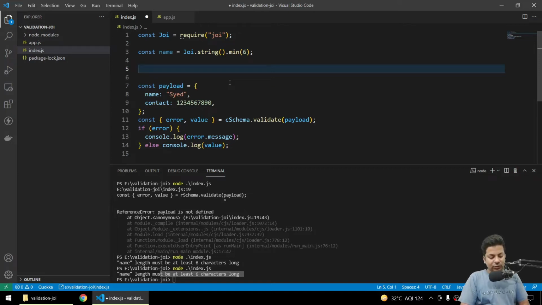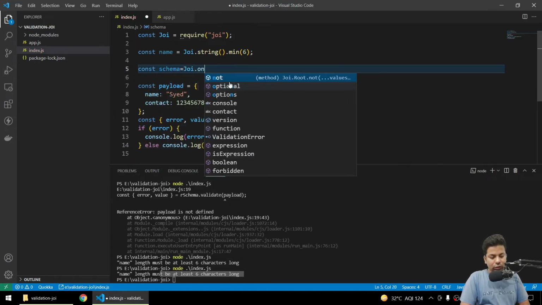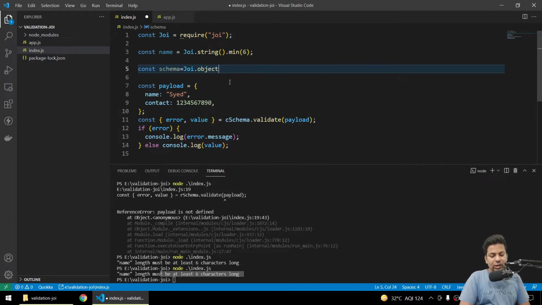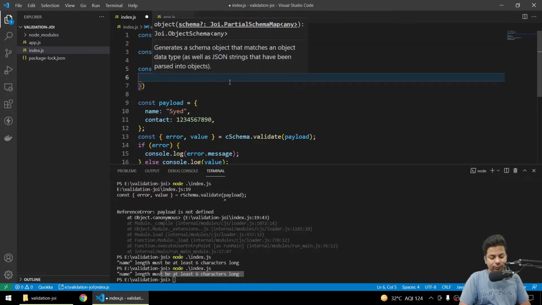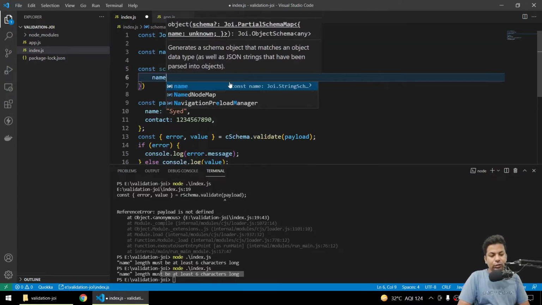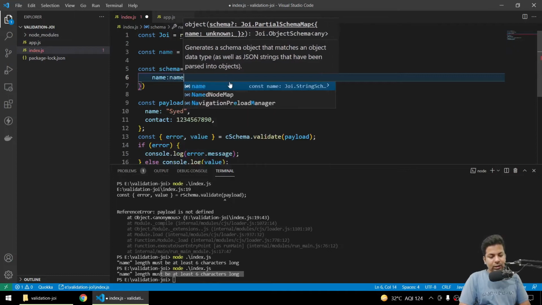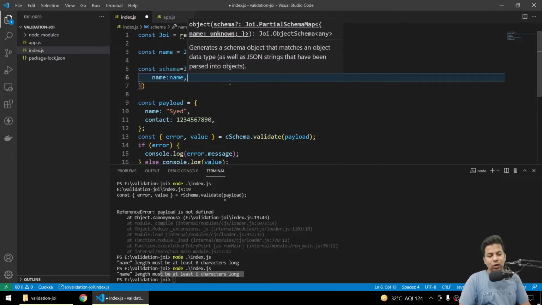So we'll say constant schema equals to Joi dot object. See, some people use Joi dot object dot keys like this, that's also okay, nothing much, but mostly people use object, so use object only. They'll say name, there should be a name, and name should match with the common name.